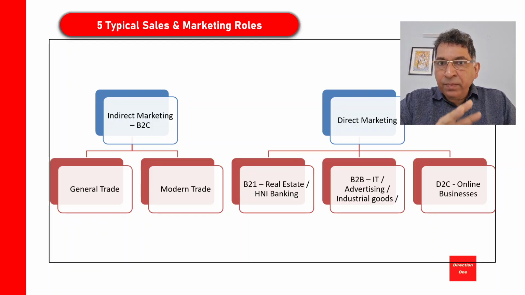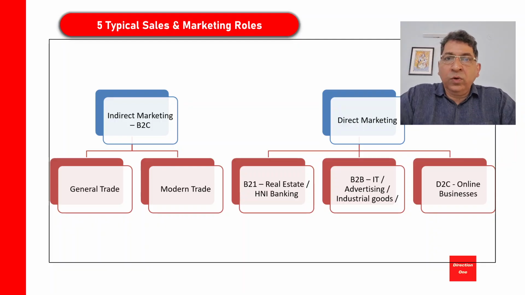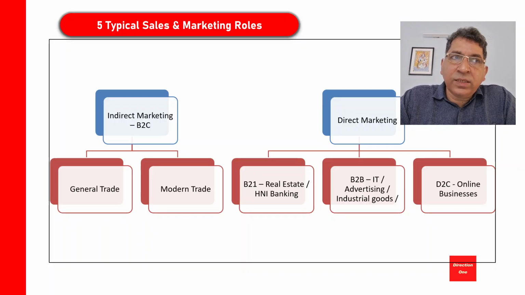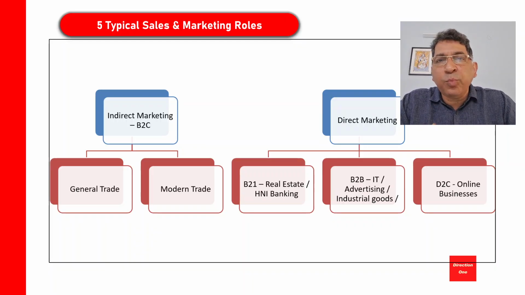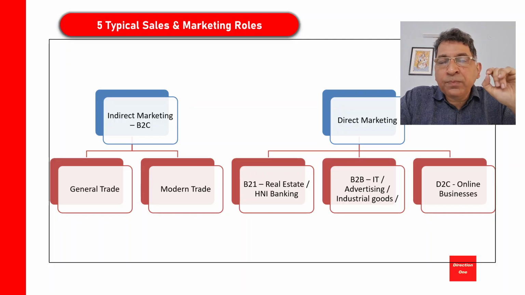Now you've got two different types: general trade and modern trade. So what is MT, what is GT? GT is the retailers, the panwalas, the kirana stores, the wholesalers, the cosmetics outlets, the departmental stores, all of which are what is called general trade, or mom and pop outlets. Now, in India, 90% of the FMCG business happens through general trade. What is the remaining 10%? Well, modern trade is your Reliance Retail, DMart, More, Spencer's. This is what is called modern trade.